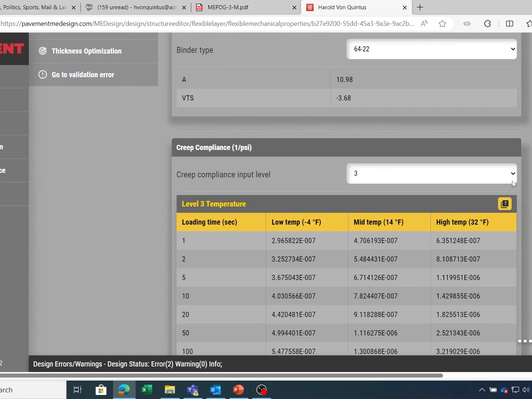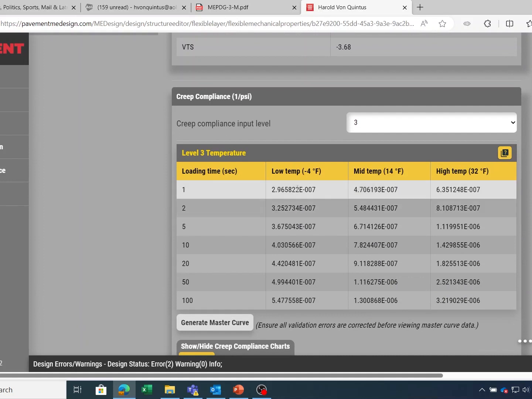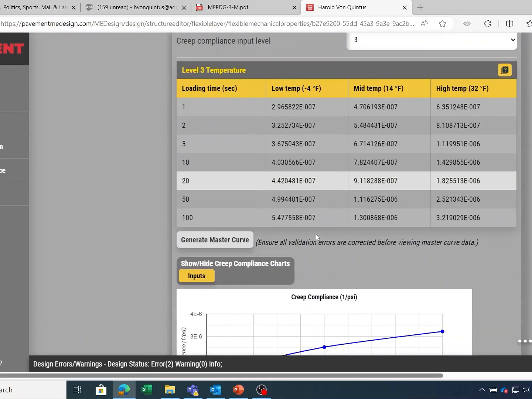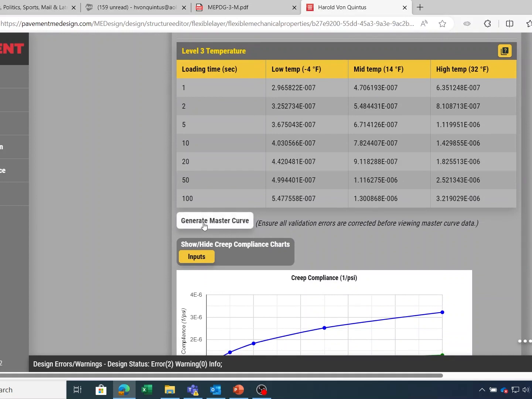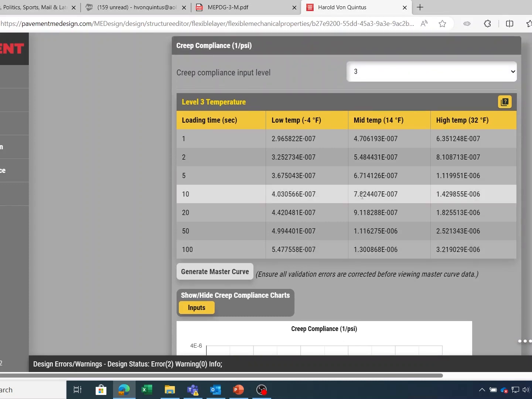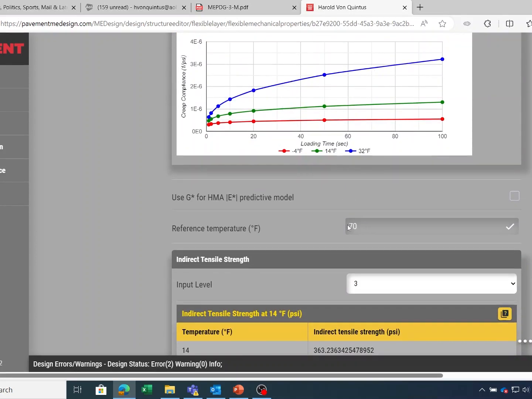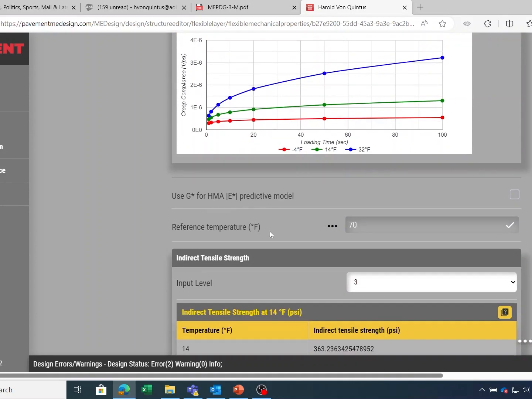Creep compliance, input level 3, is where the creep compliance values are calculated internally by the program for the wearing surface. The master curve is generated by the regression equation, so the user doesn't really enter any input level 3 creep compliance values. They are all calculated. The reference temperature is typically 70,